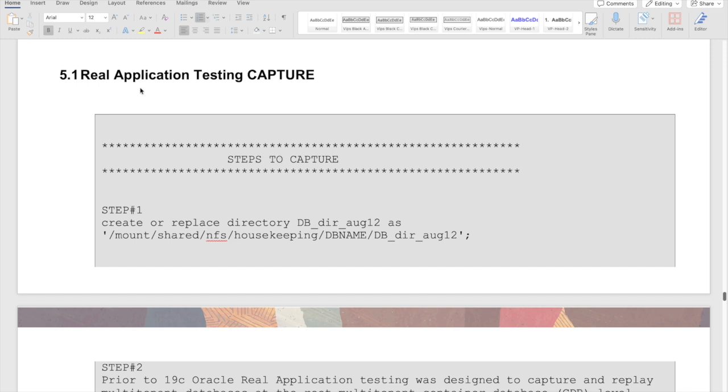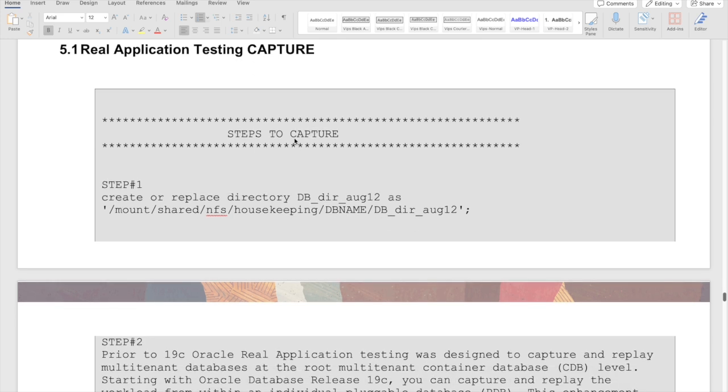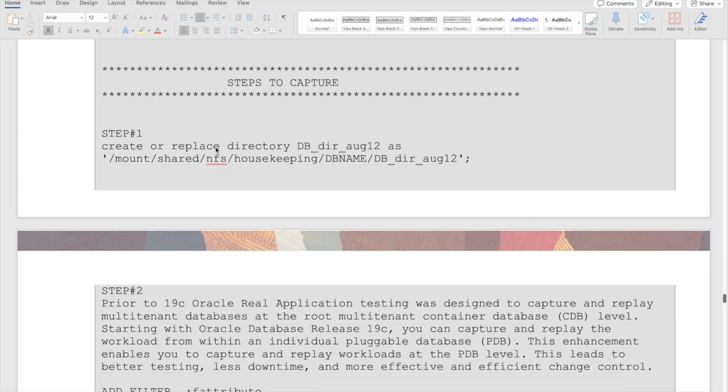Jump into the steps. For Real Application Testing Replay, we have to first capture. Capture will be performed at the source. Step 1 would be creating a directory where we will be storing